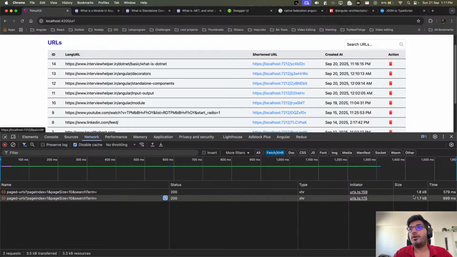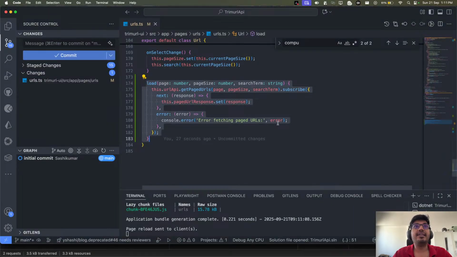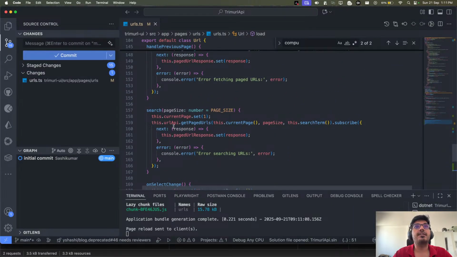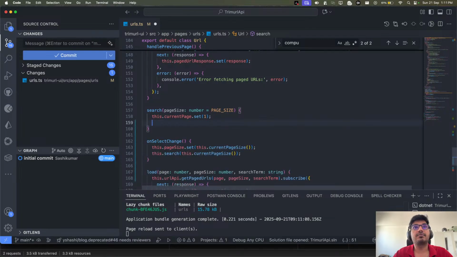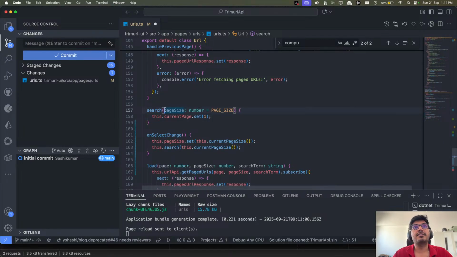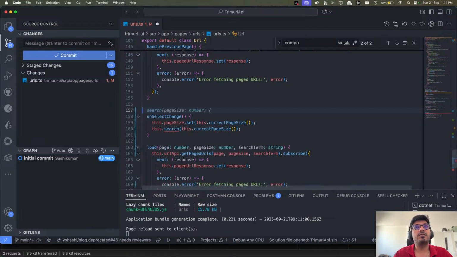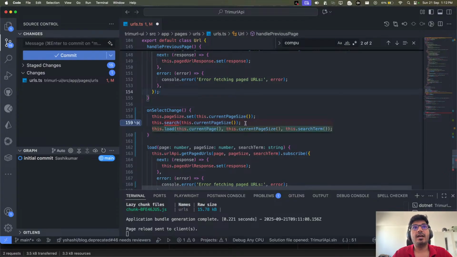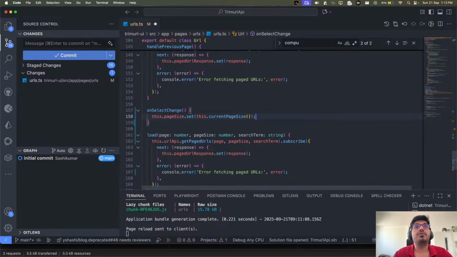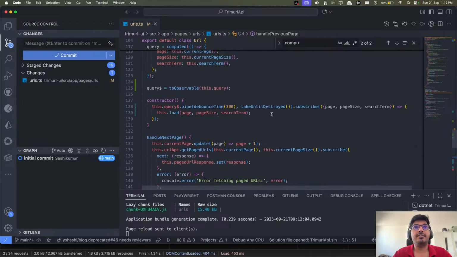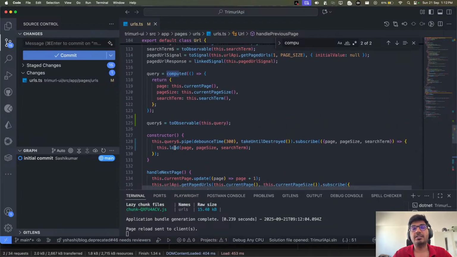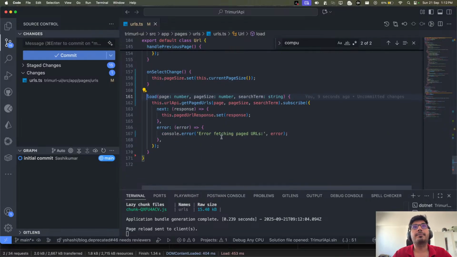And if you go up on line number 159, now we can get rid of this API call, which was related to whenever we do the search. So I can remove this, right? I don't need to do the API call anymore. And this search, I think I can remove this whole search. Yeah, this whole search can be removed. And this also we can remove because now we don't need to do any search. So the search state will be handled from here. Whenever there is a search term change, this will go ahead and load the data for me.